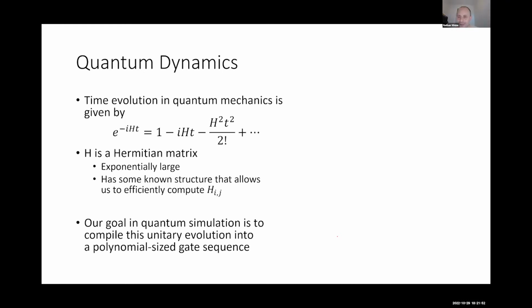But in any case, the basic idea of what we want to do with Hamiltonian simulation is we want to be able to compile a unitary that describes the time evolution into a sequence of elementary gates. Now, conceptually, the most straightforward way of doing this is simply to take the time evolution operator, e to the minus iHt, and write that as a sum of a Taylor series up to some finite order for the Hamiltonian. Then the idea would be if we can actually implement this sum on a quantum computer in some way, then we would be able to carry this out.